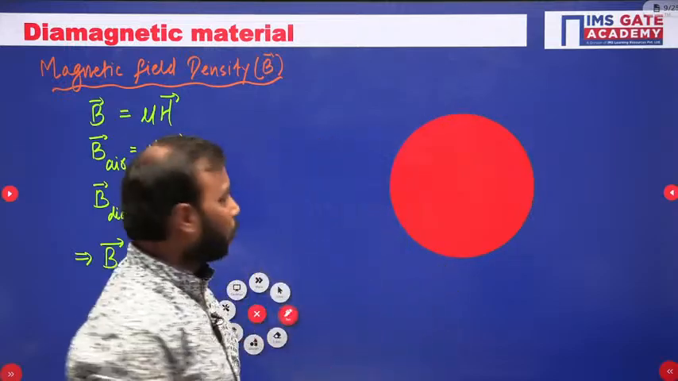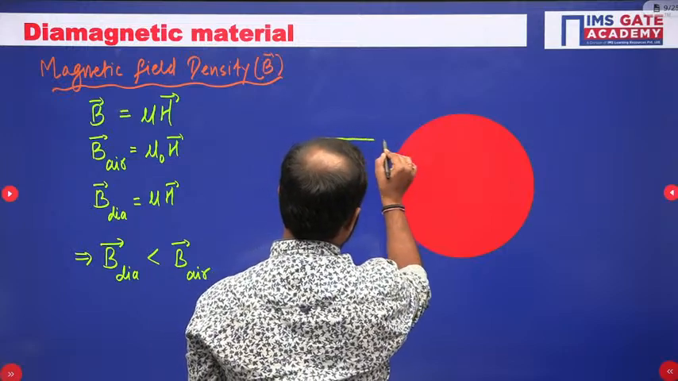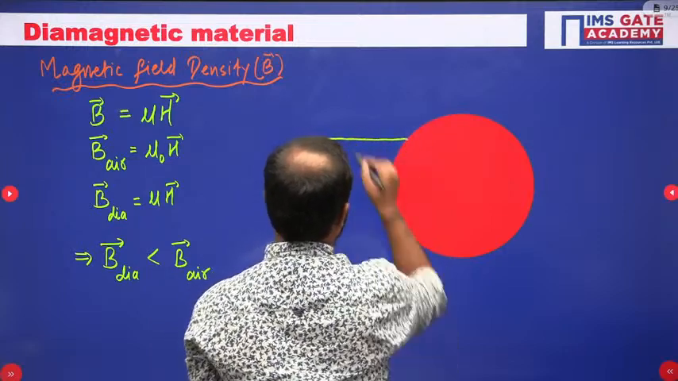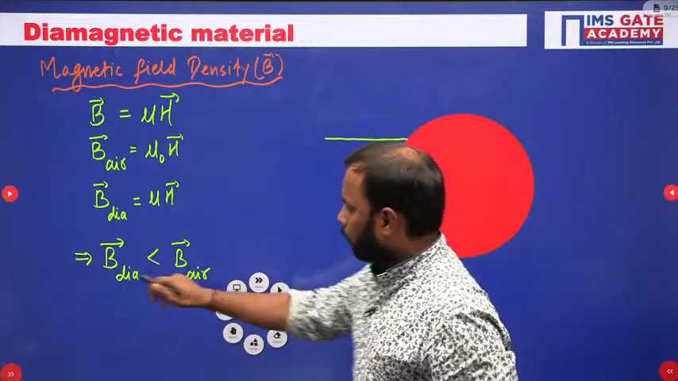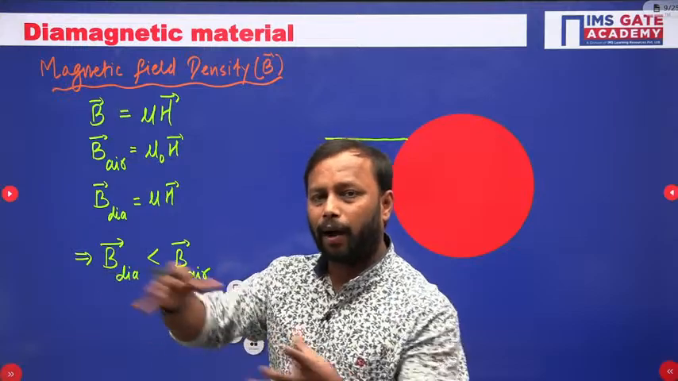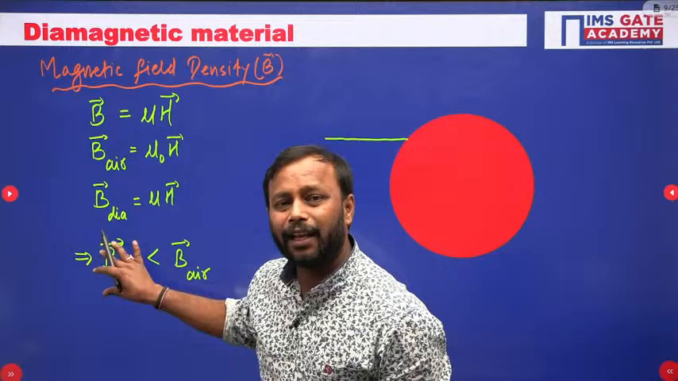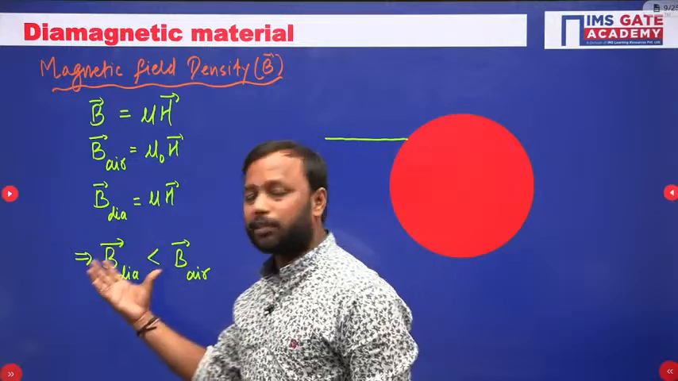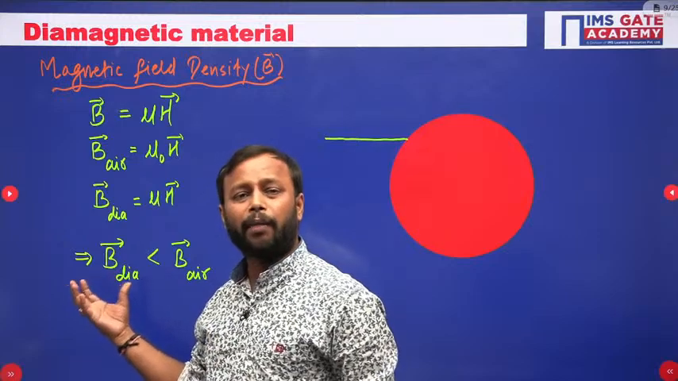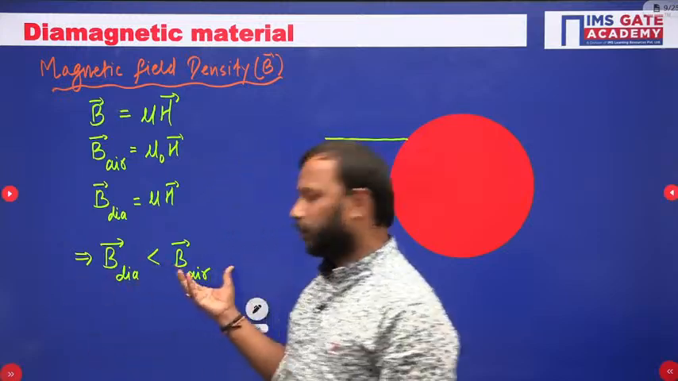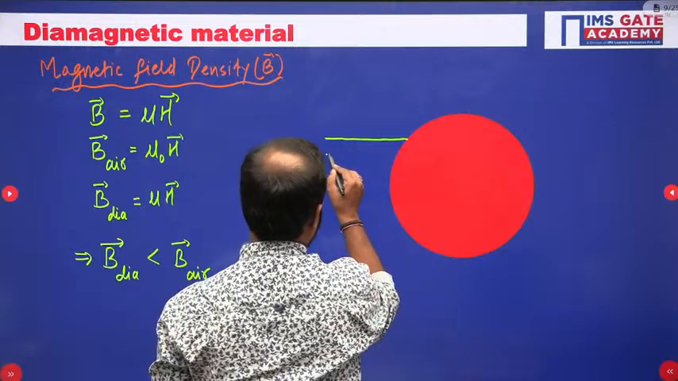Okay, so look at here. Suppose your magnetic field outside the material is like this. Then the magnetic field will be apart in the material, because the density of the magnetic field in the diamagnetic material is less when it is compared with the air. So air may, if it is like this,